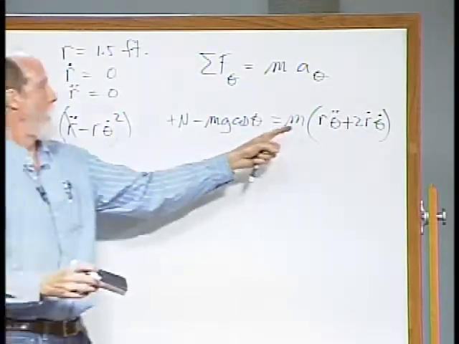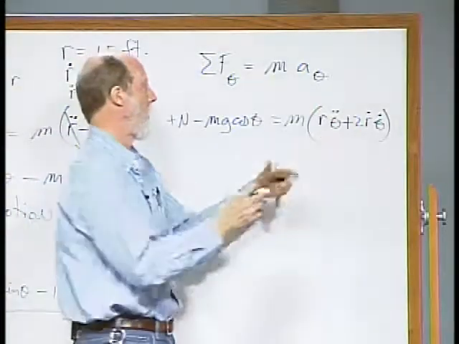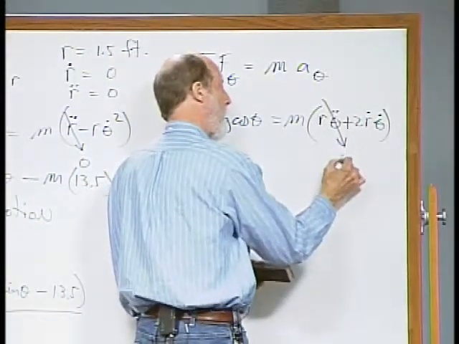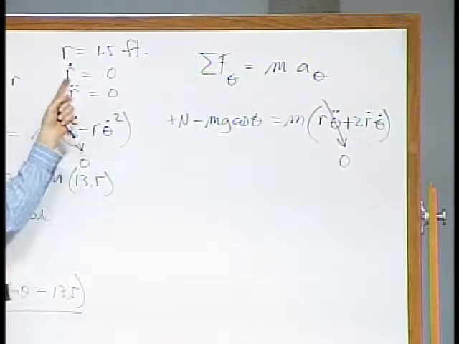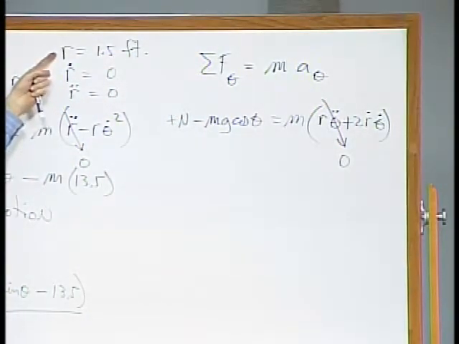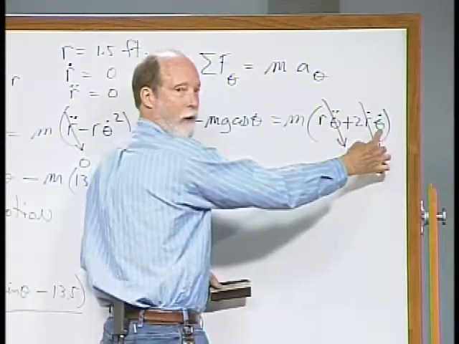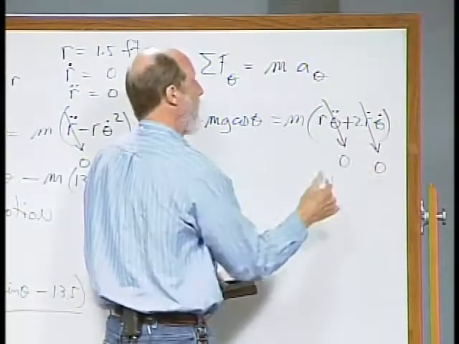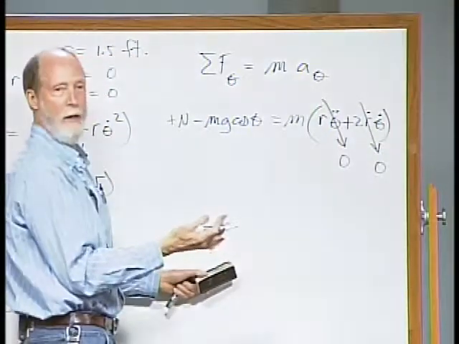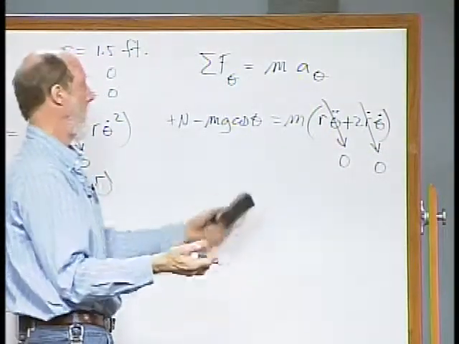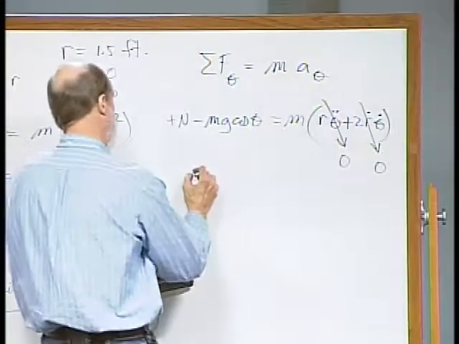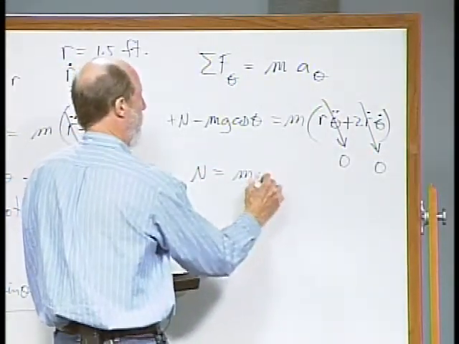We concluded earlier that theta double dot was 0. And more recently, we confirmed that r is unchanging while we're still in this pseudostatic condition. So r dot is 0, which then zeroes out the Coriolis term, even though theta dot is non-zero. So rather than just saying a theta equals 0 and going at it, this just confirms it. And so therefore the normal is as we would have expected,